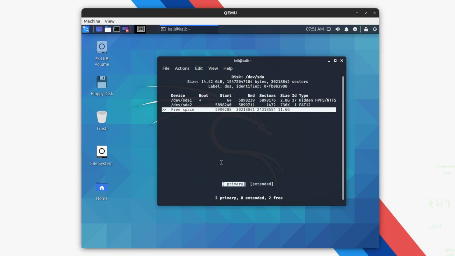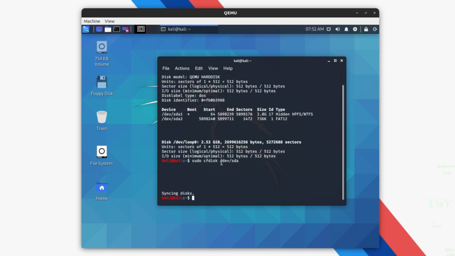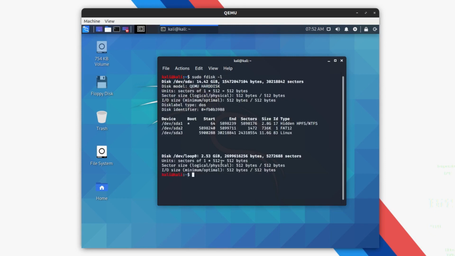Now this will ask me to create the partition as extended or as primary. I'm going to select primary, and after that I can simply use my arrow keys to go to the right and hit enter. Now this will again ask for permission, so I'm going to type yes and hit enter. So now the disk has been altered. Now I can simply quit, I can select this or I can press Q. If I type again the same command, that is sudo fdisk -l, I would see another partition, and this is the partition.